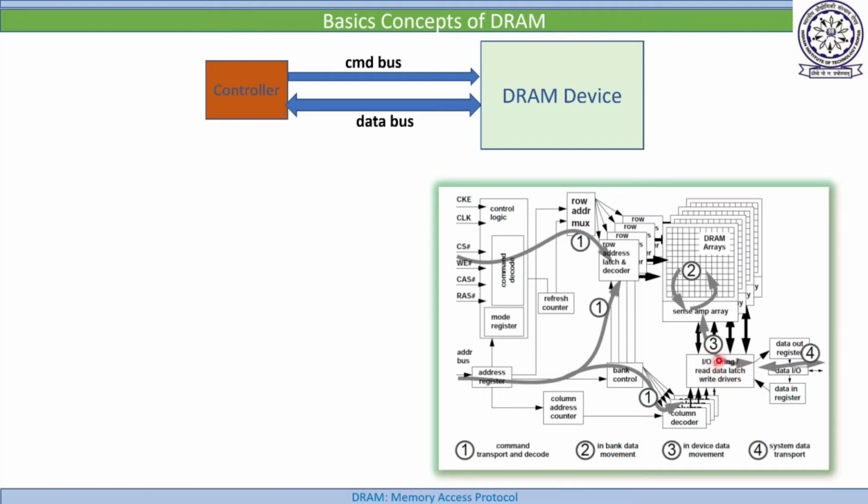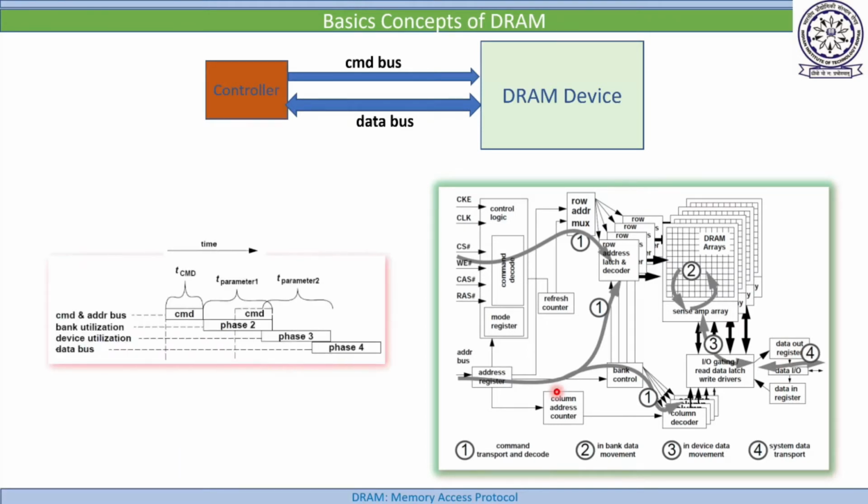That means in this phase, data will come from the sense amplifier to this drive. This is called drive utilization. This is the third phase. The fourth phase, you can say, is communicating data through the data bus. So a generic command may work in four different phases, but it's not necessary that every command will follow all these four phases. This type of diagram or example will be used in other slides also, for any command; this is an example of a generic command.